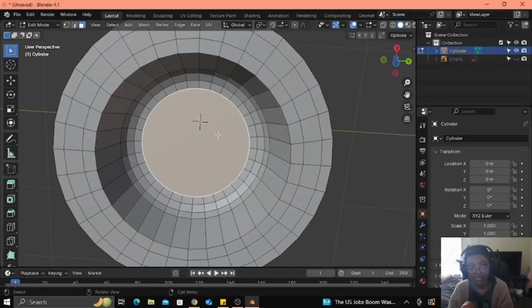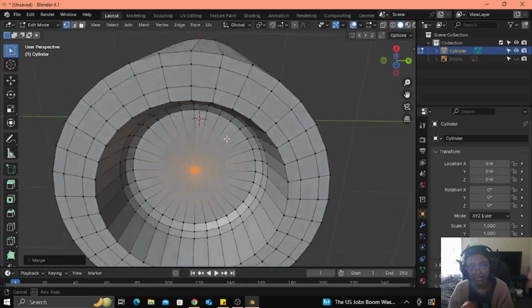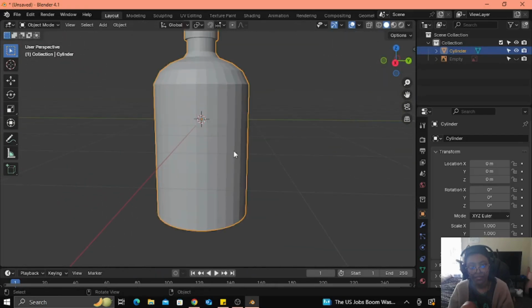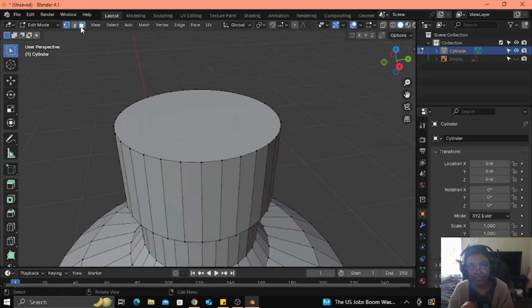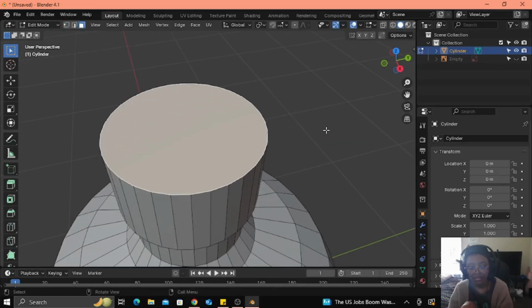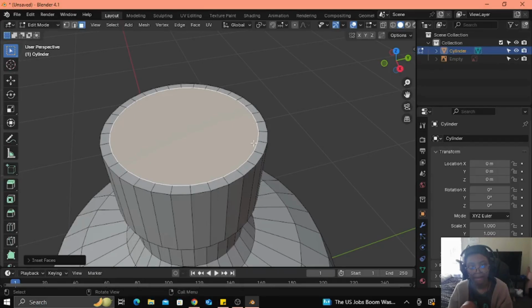So I'm going to go to vertex mode and press M, and we're going to merge these vertices at the center. I'm going to do the same thing for the top. I'm going to inset the faces so we have, actually,